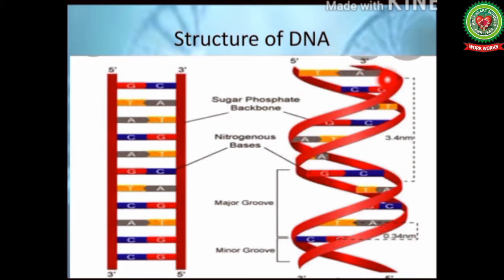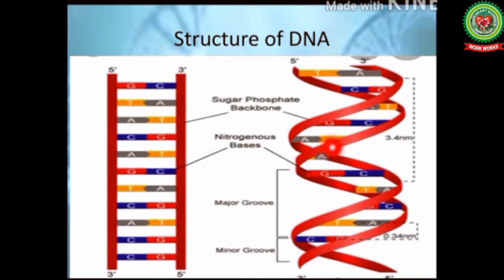The width of the DNA molecule is 20 Angstrom and the helix takes a complete turn after 34 Angstroms, which is equal to 3.4 nanometer. There are 10 base pairs in a complete turn. One chain can have any sequence of bases, but the other has to be complementary. If there is a purine base on one helix, it should be pyrimidine on the other one. This is called base pairing.